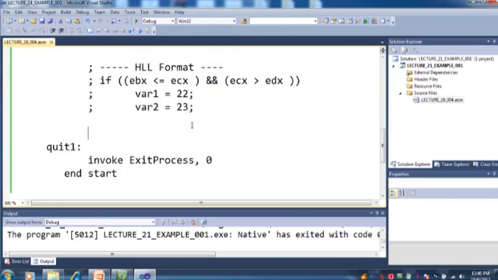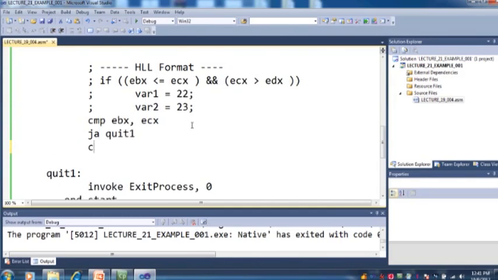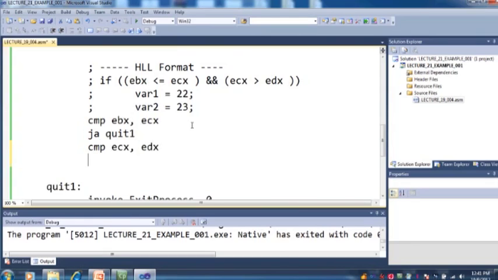For example, first of all we compare EBX with ECX. Now if this condition fails, I will jump above. So if this condition fails, we have to quit. So I say jump above to quit 1, otherwise we compare the next one, ECX comma EDX. Okay, so what will happen if jump below or equal, for example, if I say jump below or equal,